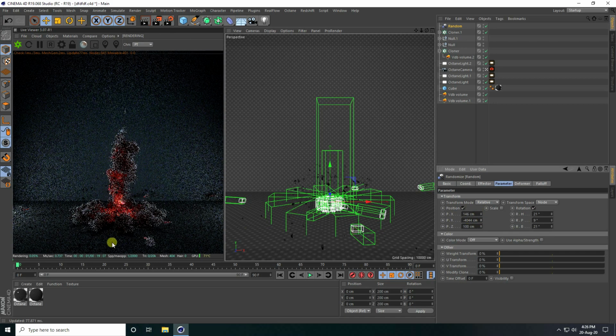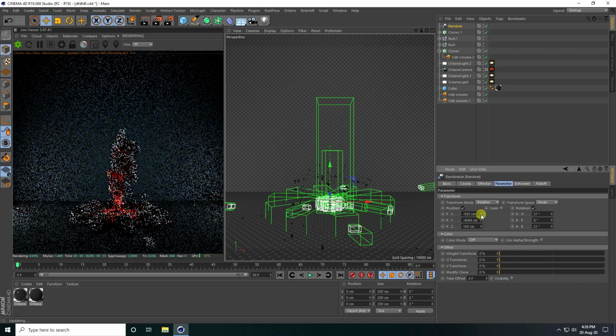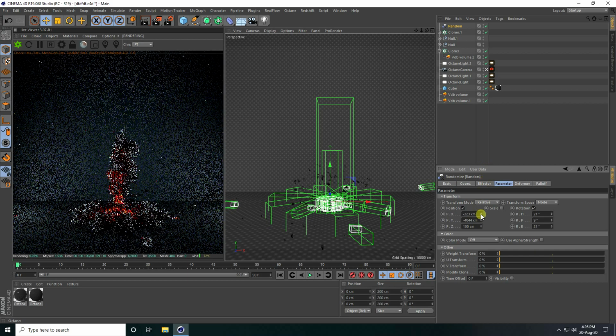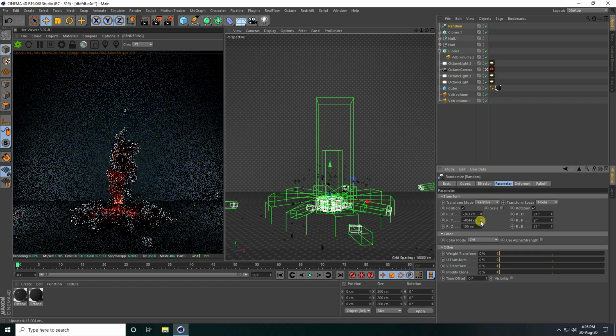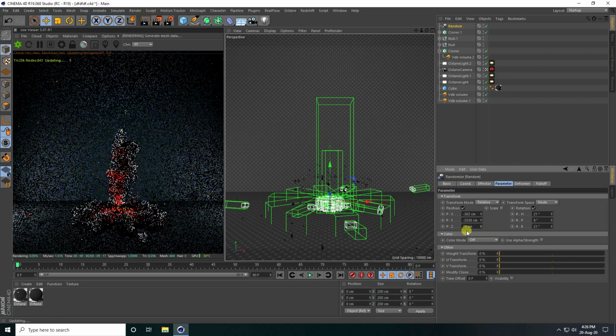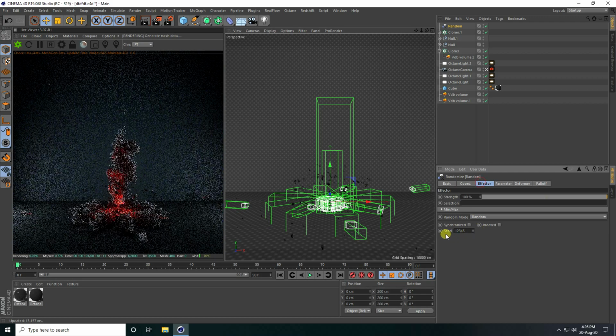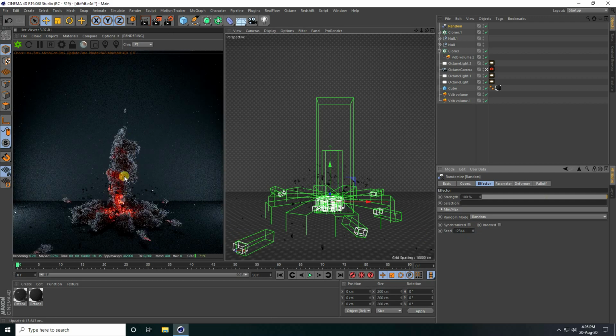Yeah, see guys, that's my particles randomly change. Yes, yeah, right. Okay guys, you can also change seed. Yes, much better. So guys, that's it, my final effect is complete.